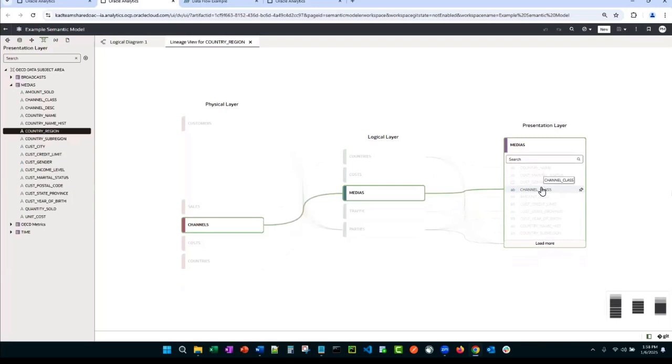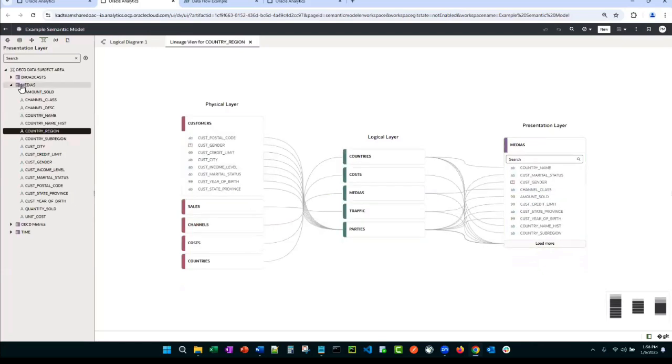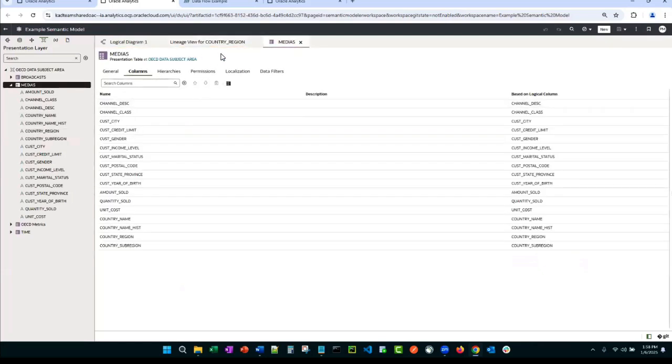Because data models can get very large, and these administrators need to understand where the data is coming from in case they need to make changes or enhance it. Now, the few things I want to talk about before I wrap this section up is data models are different than data sets because they offer you the ability to create very powerful hierarchies here.